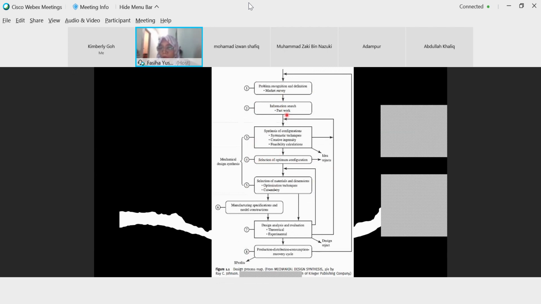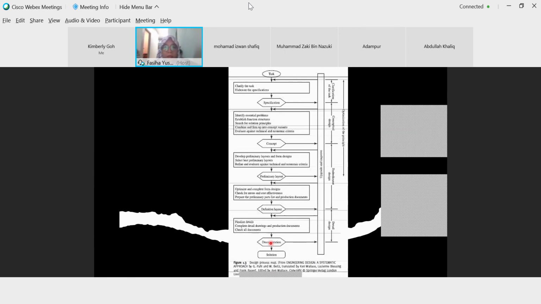In all the books, they must be showing you a flow chart or diagram like this. You can see the process; there must be a flow. This is taken from one textbook. This is from another textbook.